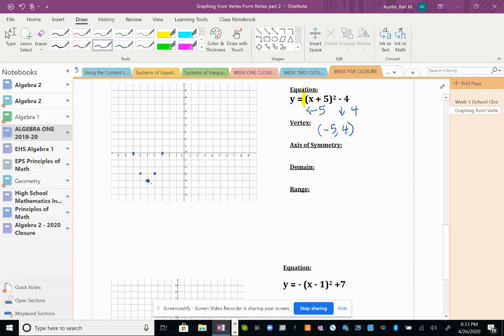So the next pattern, if I go back to the vertex, would be 3. 1, 2, 3. What's 3 squared? 9. So I go 4, 5, 6, 7, 8, 9. This extra point I'm putting in is not required, but